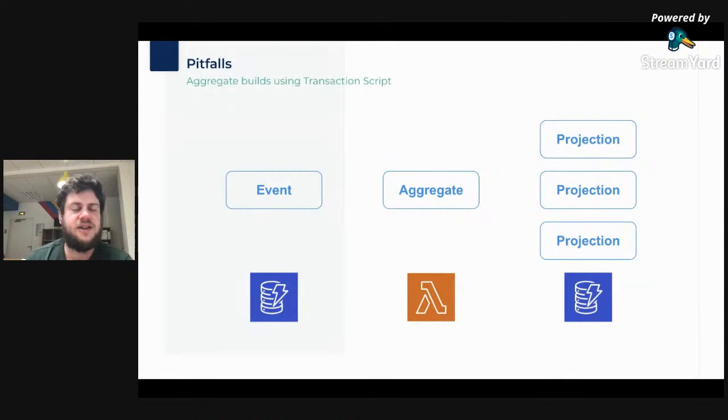The second problem, the second thing to avoid, that we tried to run away from during the project, was to be tempted to not use an aggregate reconstitution inside our command validation lambda, but to use directly the projections that were available in the projection table. This is actually breaking one of the CQRS pattern principles, since we have something in the command side of the system relying on something on the query side of the system. And this is very dangerous, especially because, like I said before, projections are disposable.